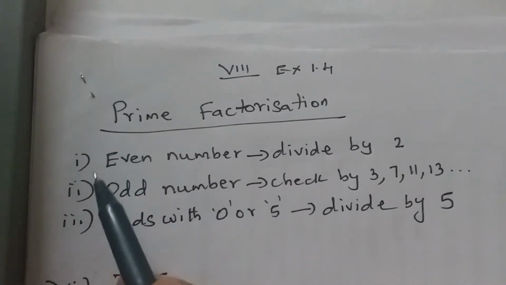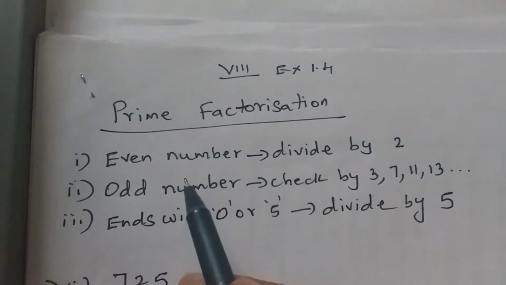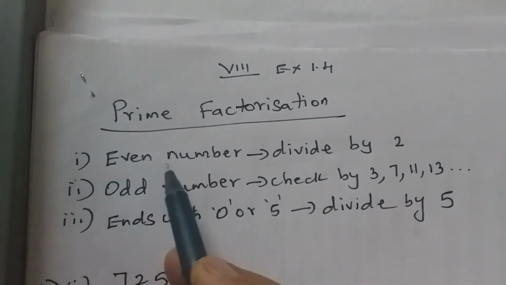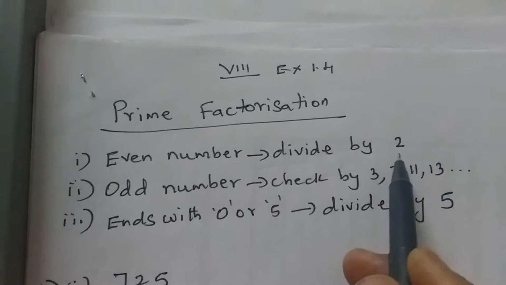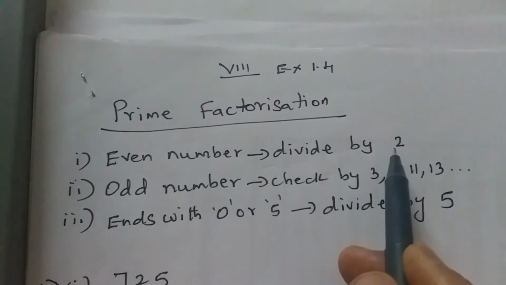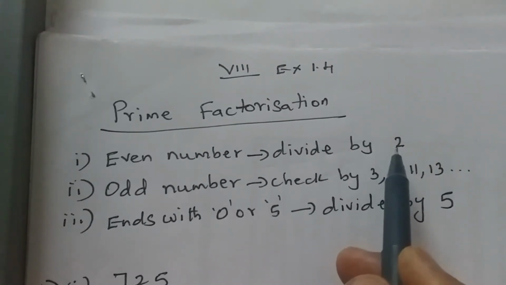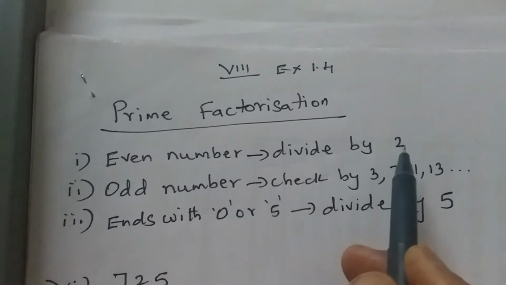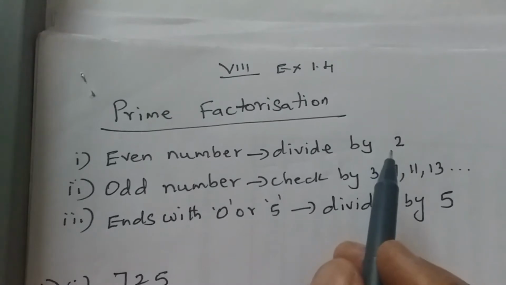Now I'm giving you 3 hints to remember when we are finding the prime factors, how to start dividing a number. First you check whether the given number is even or odd. If it is an even number, you divide the number by 2 because we know all the even numbers are divisible by 2. What are even numbers? Numbers ending with 0, 2, 4, 6, 8 are even numbers. And numbers ending with 1, 3, 5, 7, 9 are odd numbers. Can you divide an odd number by 2? For example, you take 5. It is an odd number. Is it there in the 2 table?